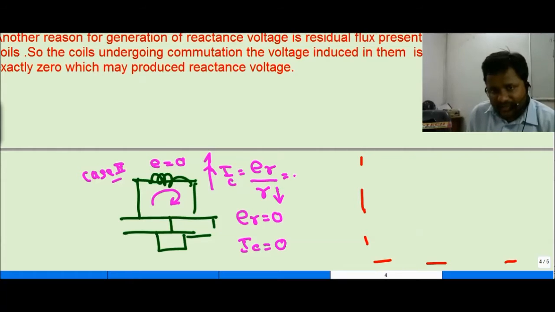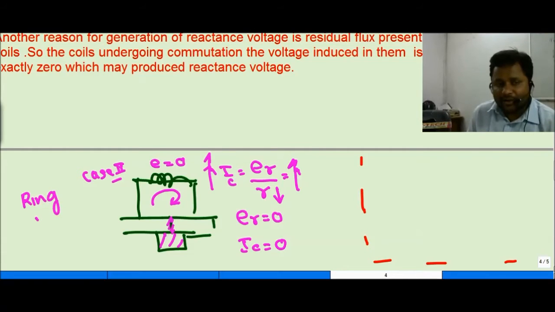If there is a high circulating current, the mica insulation breaks down, and huge sparking occurs across the brush axis. We get a condition called ring fire, because during the short circuit, in case 2, when the current is going to 0 and we are not getting 0 current, there will be some reactance voltage. Since it is a short circuit path, the induced voltage is not 0, so a huge circulating current flows during the sparking of the brushes.